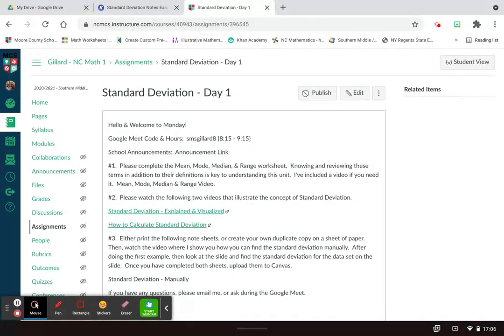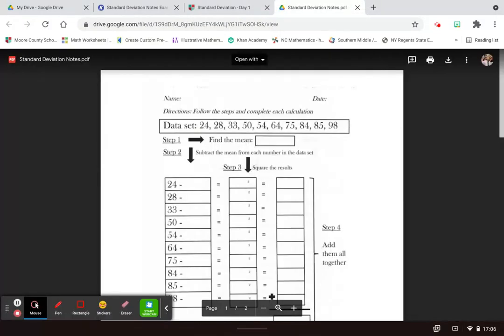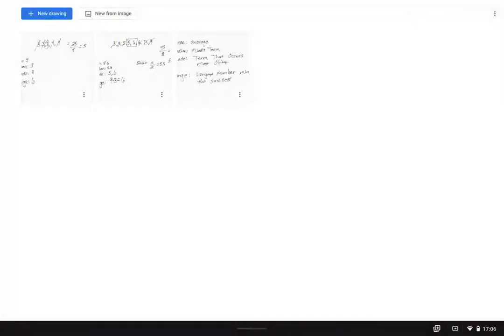calculate standard deviation. You were given a standard deviation formula, and you were also given some different Greek letters that I would like for you to write down. So either if you printed this sheet out here, or if you are writing this in your notebook, please write out the following Greek letters that I give you and the definitions of what they are, because when I show you how to use the calculator, you're going to need to understand what these Greek letters mean. And of course, like everything that I show you in Math 1, this will be with you for the rest